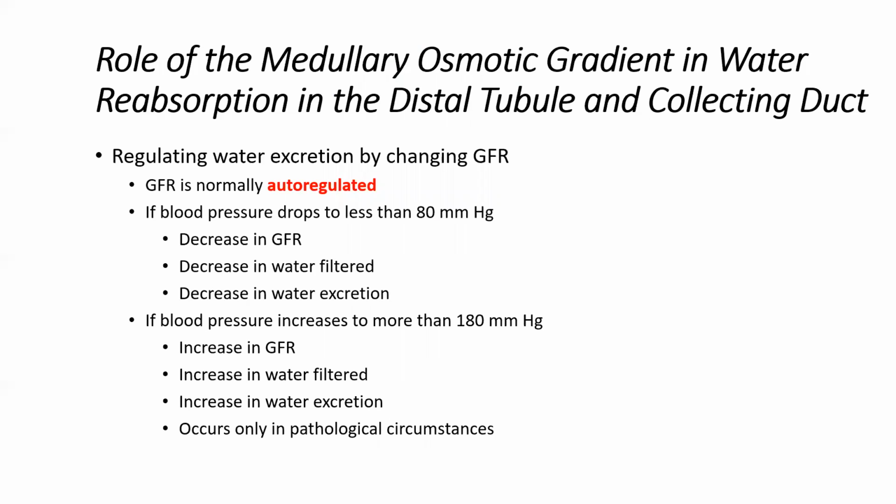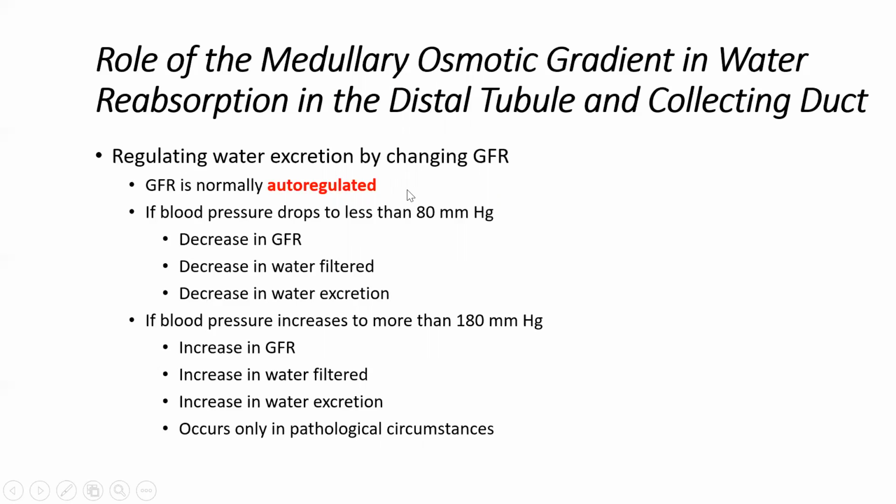And we talked about the three mechanisms that kept GFR regulated, right? The myogenic regulation, the tubuloglomerular feedback, and the mesangial cells. So those are the three mechanisms that help to auto-regulate GFR as long as mean arterial pressure is in between